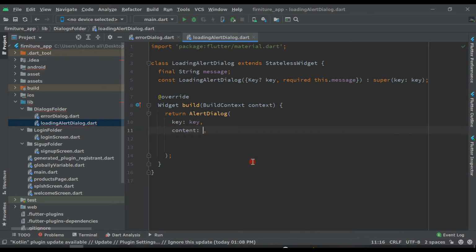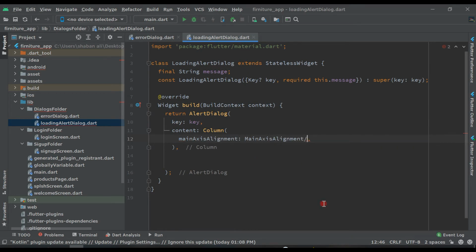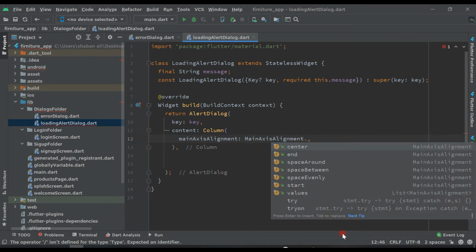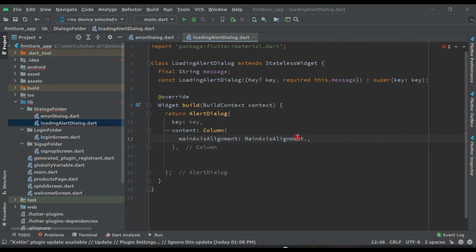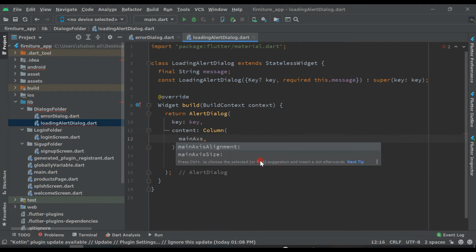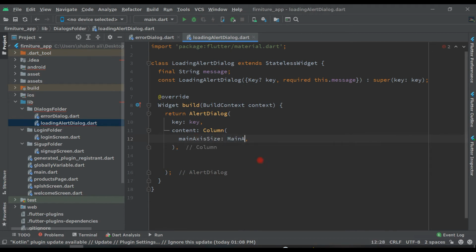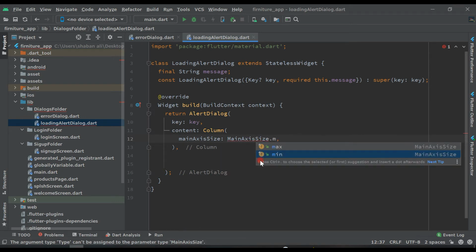Then the content will be Column, and mainAxisSize, sorry, not main axis alignment, mainAxisSize.min.